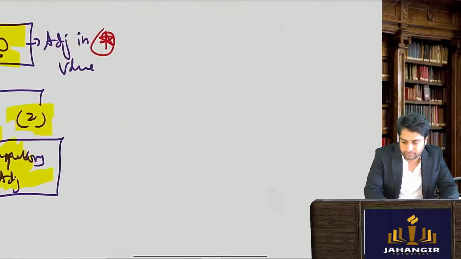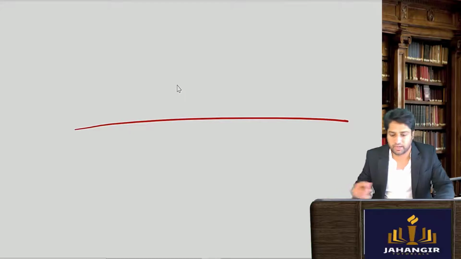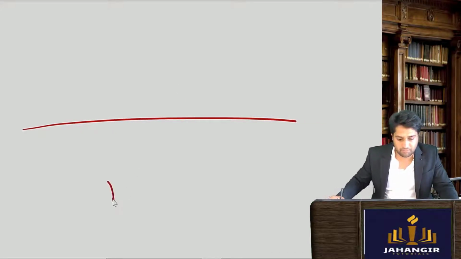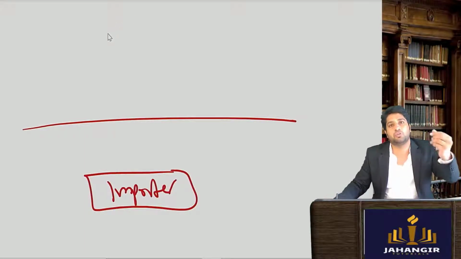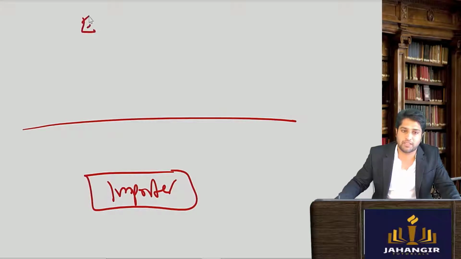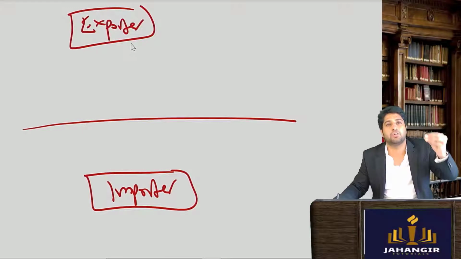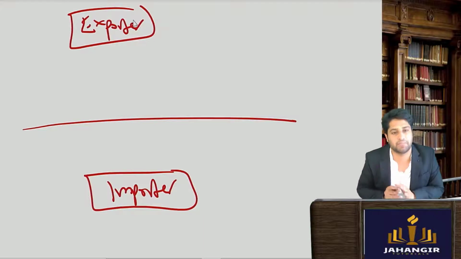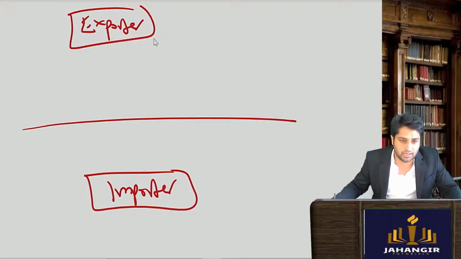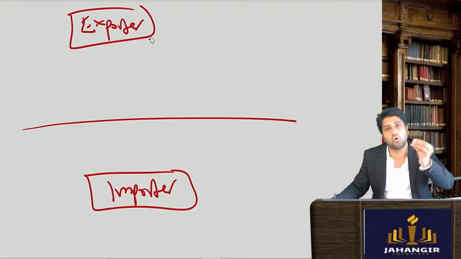समझते क्या सीन है ये? अभी लॉजिक देखना तुमको सब इजी लगेगा उसके बाद में. अगर मैं यहाँ पे इंपोर्टर हूँ, do I want the value of the goods to be very high? Think and say. और यहाँ पे एक्सपोर्टर है. If I am the importer, do I want the value of the goods to be very high? Answer is no, because higher the value, higher duty I'll end up paying. So what does the exporter do? Exporter will try to remove certain things from the value. We say ये मत डालो, वो मत डालो, don't add this, don't add that.